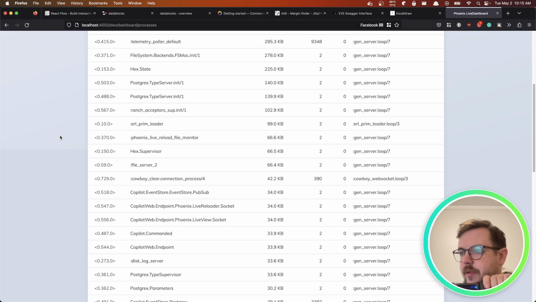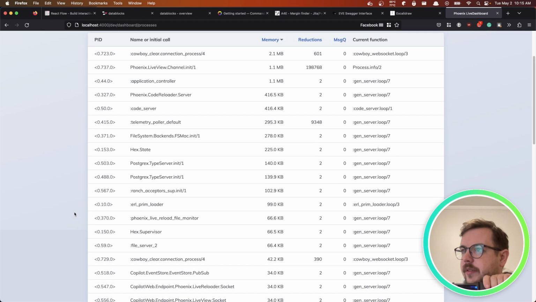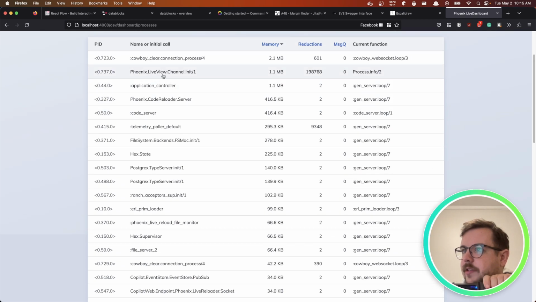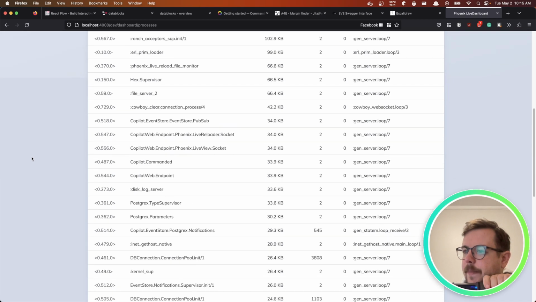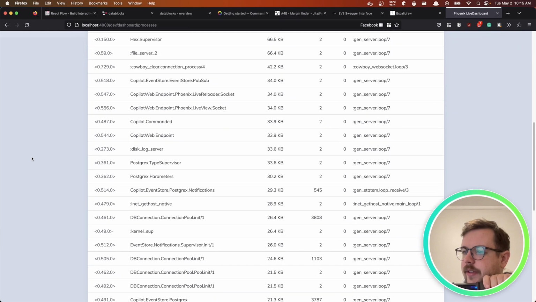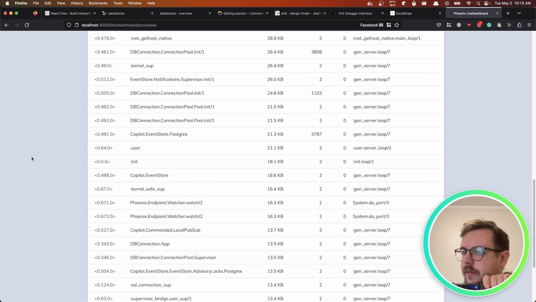Now, unfortunately, we don't need to worry about every single thing, but for example, we have our event store pub/sub microservice running. We've got the live view channel microservice running. There's a code reloader. Obviously, that's not a microservice that you would find in a real architecture, but still, there's many things running here